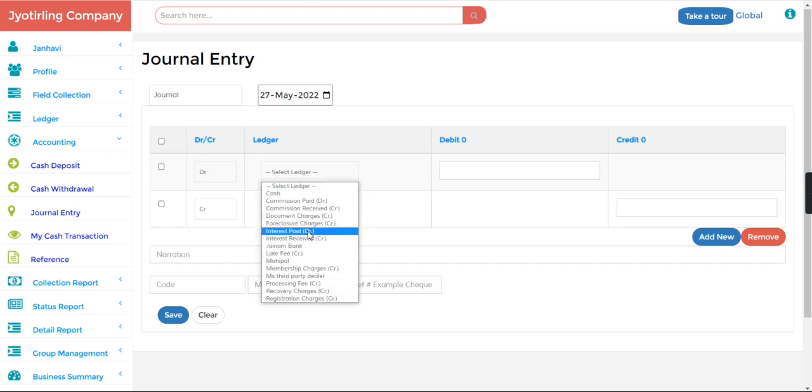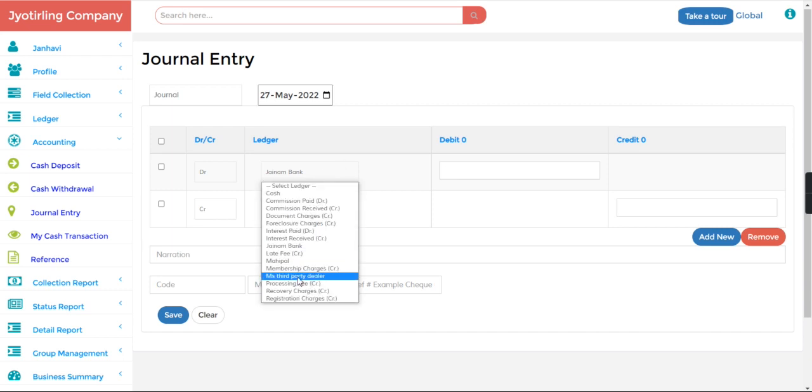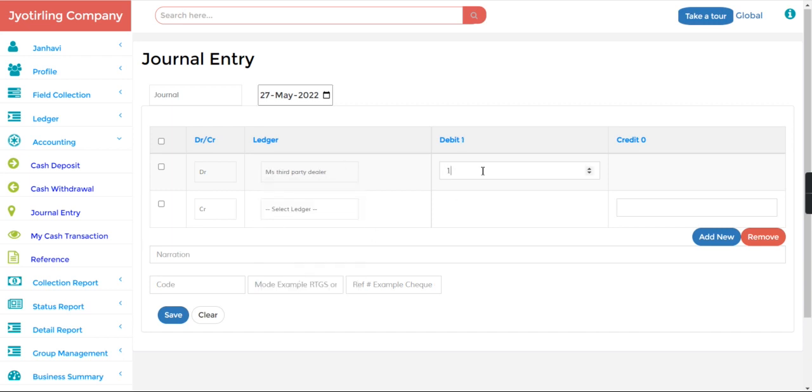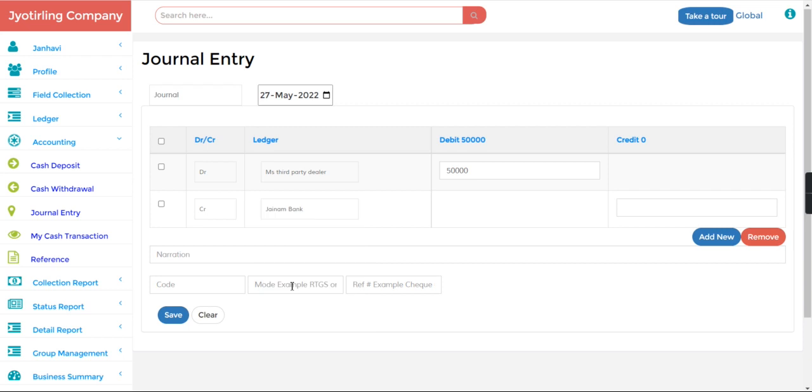Now I will go to the accounting and journal entry and let's create one journal entry. So the company paid to the dealer as an advance. So let's say in Jainam Bank, so third party dealer will come 50,000 and Jainam Bank will come 50,000.